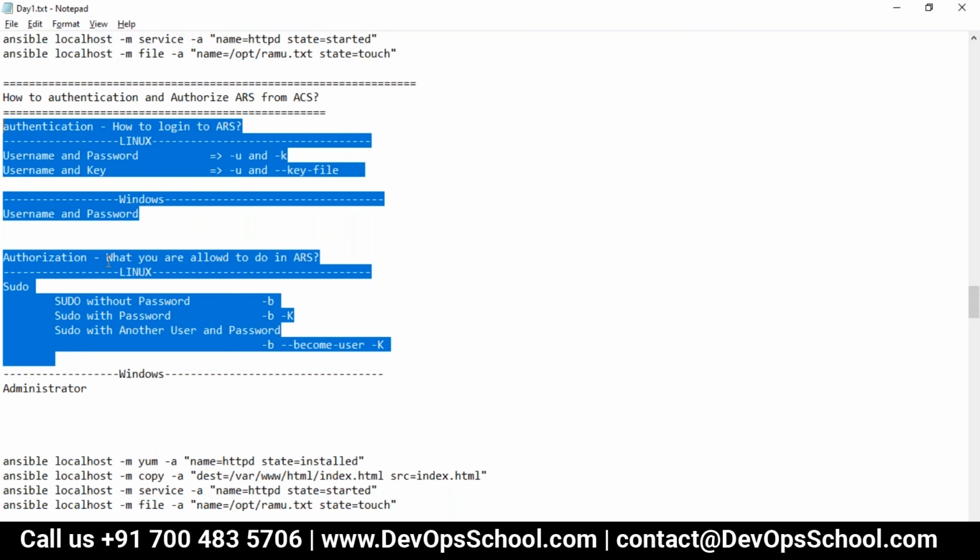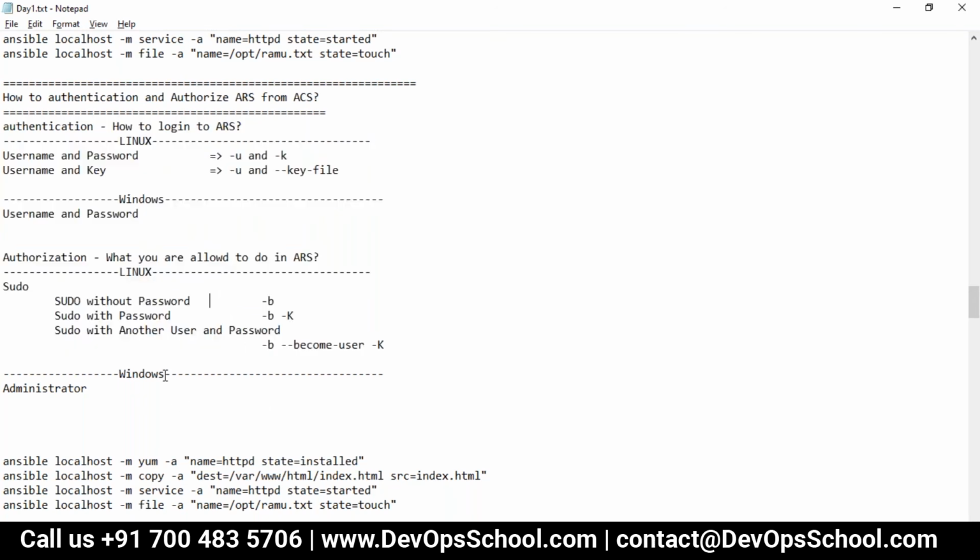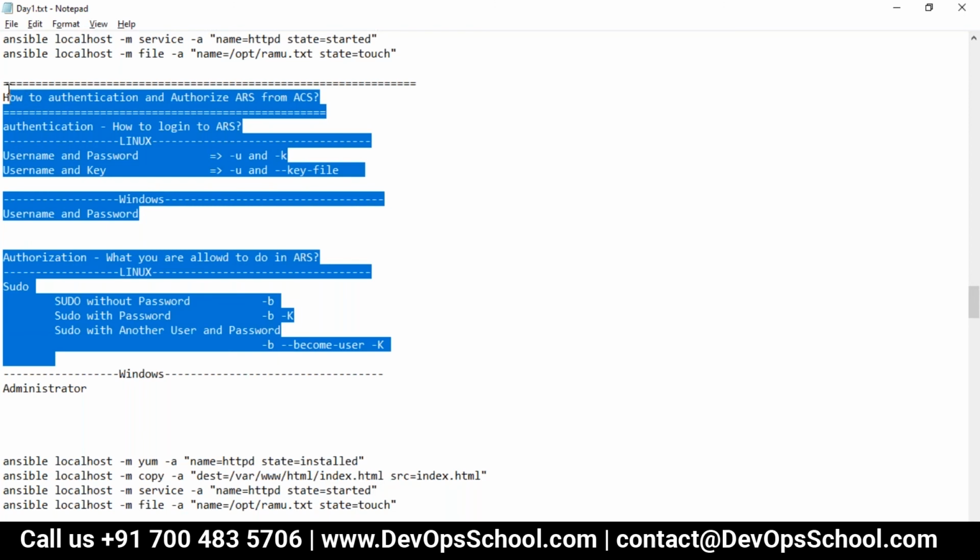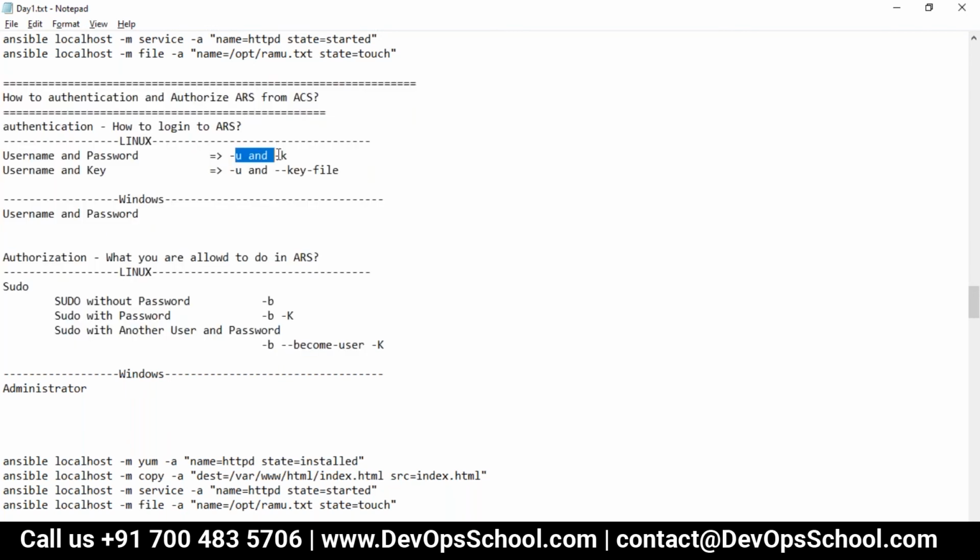Can you tell me your combination? Remember we tried username and password, username with the key, username with sudo without a password, sudo with a password, sudo with another user and password. All these options we have.